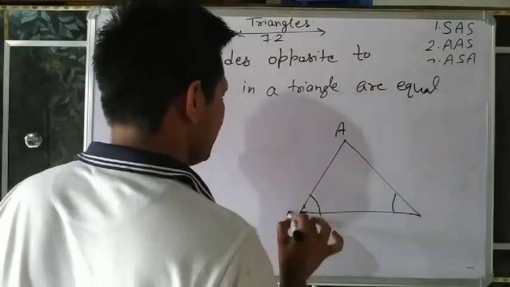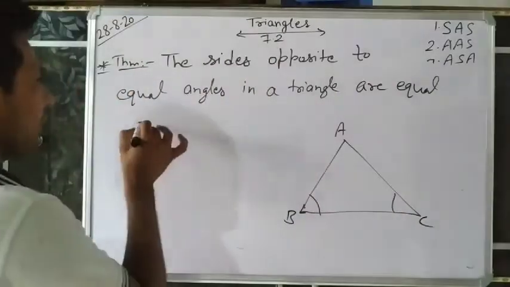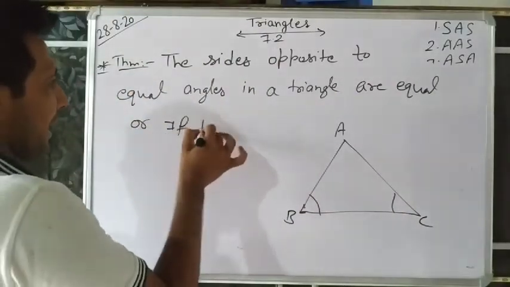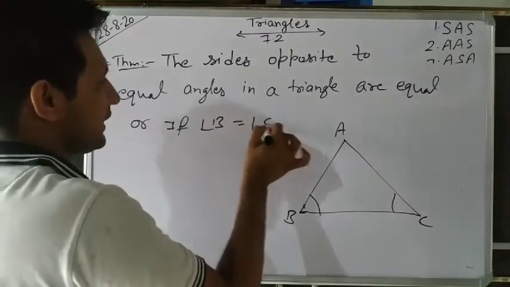It means AB equal to AC. Or you can say that if angle B equal to angle C in a triangle, then